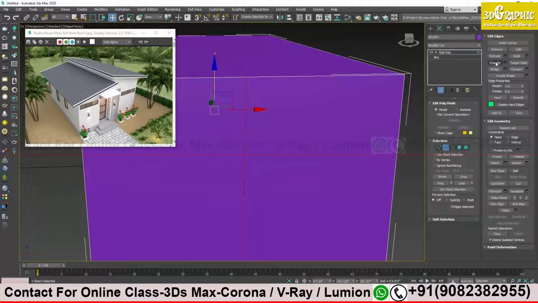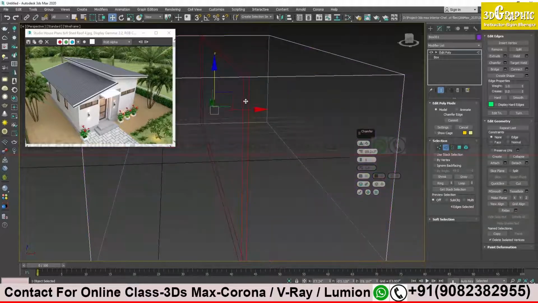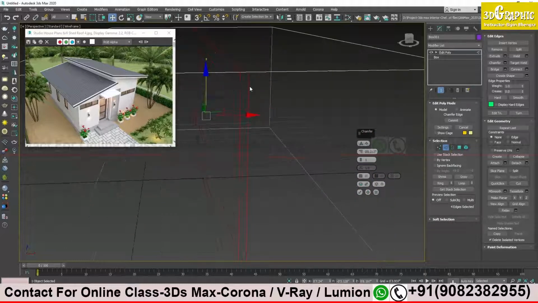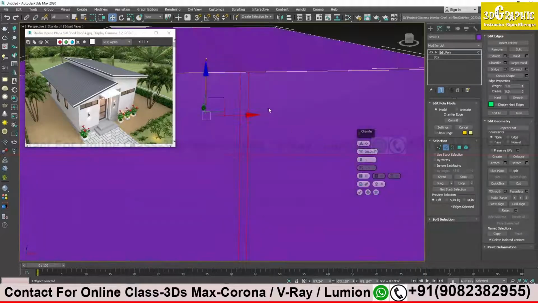Chamfer will always divide it, create an additional selection. I have to click on the settings and see that the selection is now divided into two parts. Clear? Yes, sir. And now the distance between the two edges, I can control the distance and the number of edges you need in the center. Division, how many divisions you want.